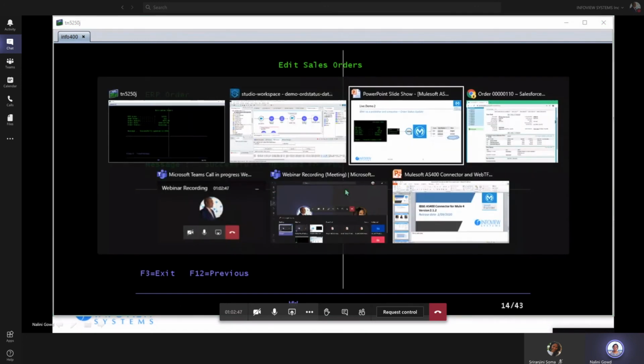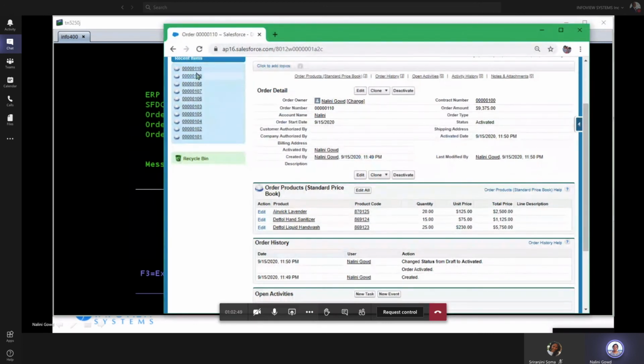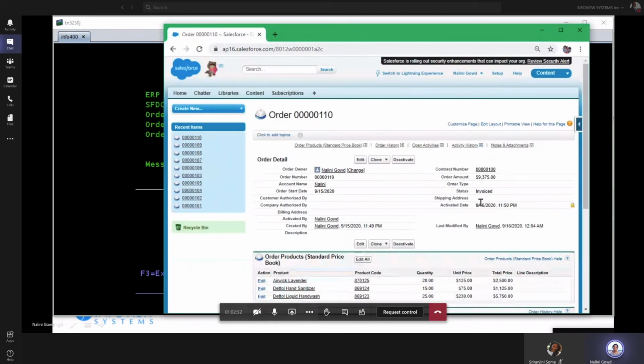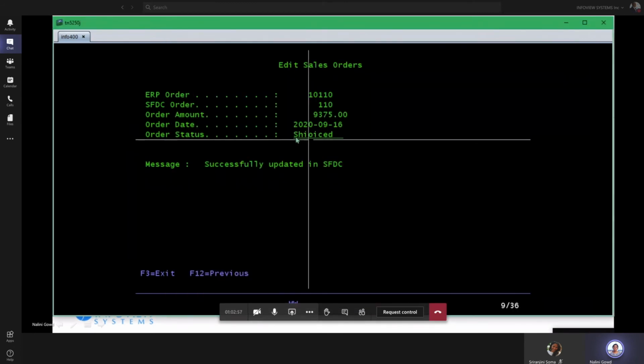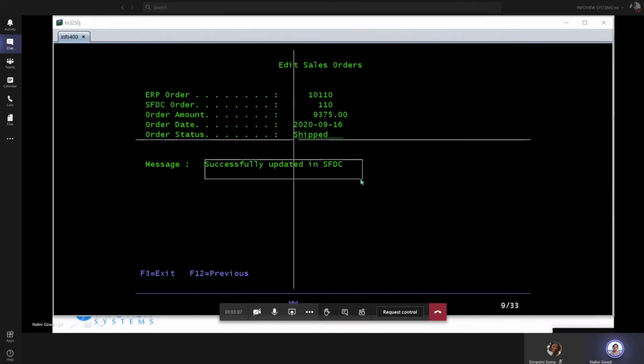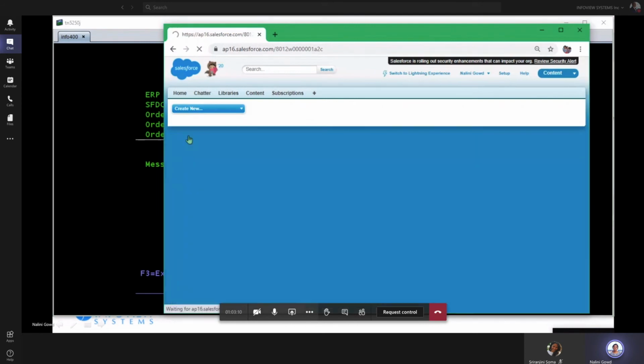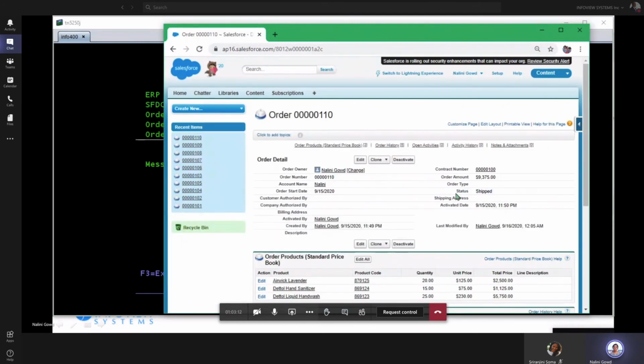Let's see if it is updated. Okay, order 110 is invoiced. So now you can see how much faster it is. Maybe I can change it to shipped. Yeah, you can see it is faster now. And let's see if the status changed. Yeah, it is shipped. This is how we can achieve real-time streaming or integration with external systems from ACE400,